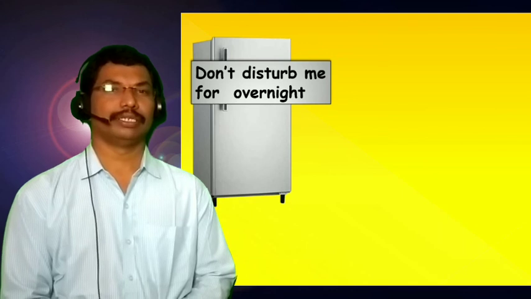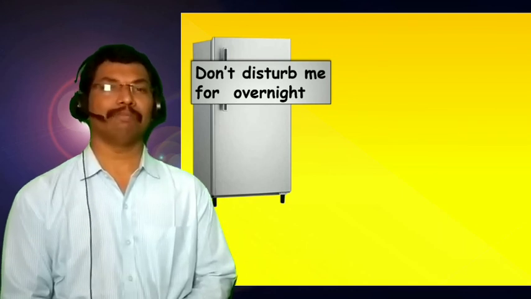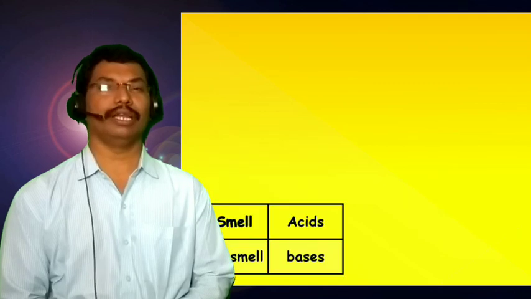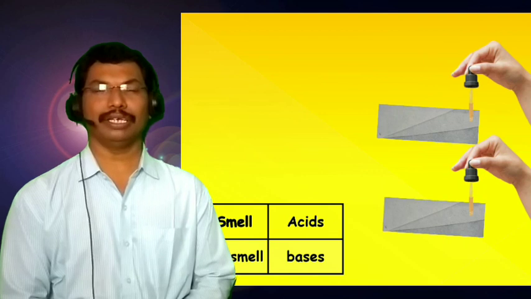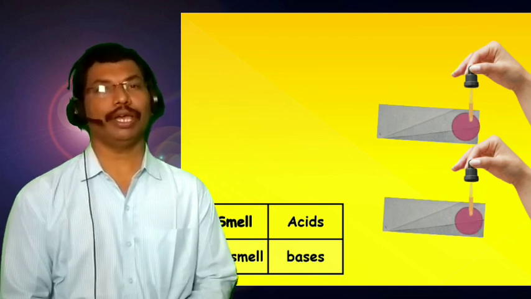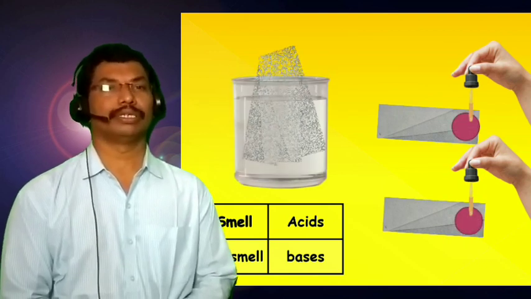Now every piece smells of onion. Now take samples and add a drop of acid or base sample onto the strips, take them out and soak in water. Check the smell. If the strip gives smell, then it is an acid. If the strip loses smell, then it is a base. In this way, we can conclude which given compound is either acidic or basic in nature.